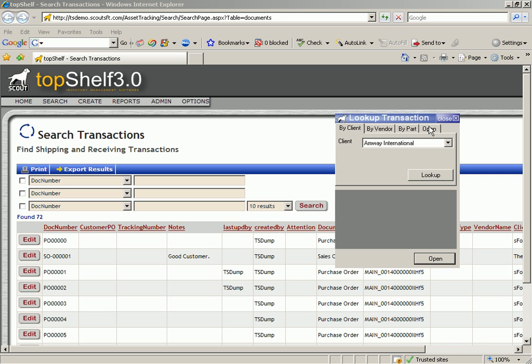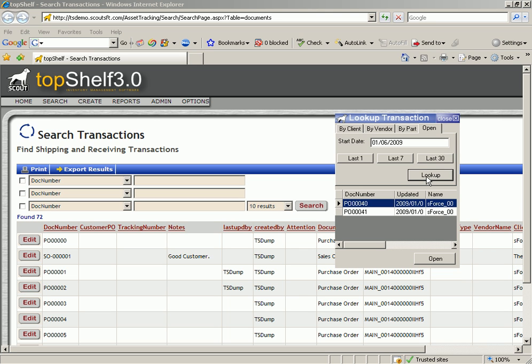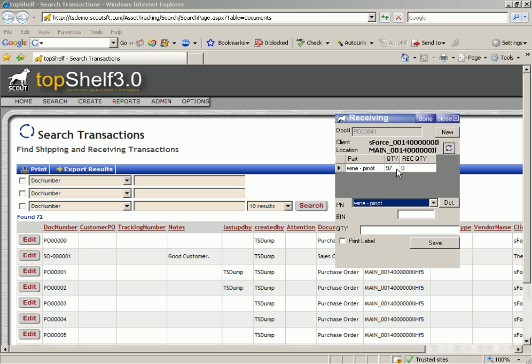And what I'm going to do is go to the Open tab and press my lookup screen. And there's actually a couple of purchase orders. I believe the first one that we did was PO 40. And there's actually PO 41 as well, so we could receive either of those in, and we'll probably do that. So why don't we receive in PO 41? We'll open that up, and you'll notice that that's the quantity 97 of the Pinot that we created on the Salesforce side. I'm going to scan that into a bin location